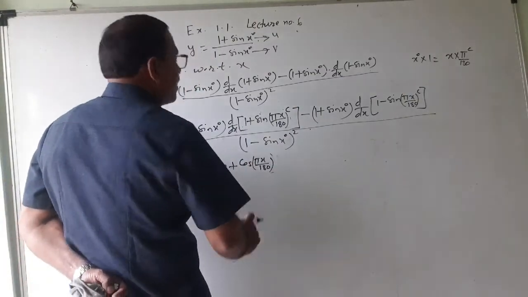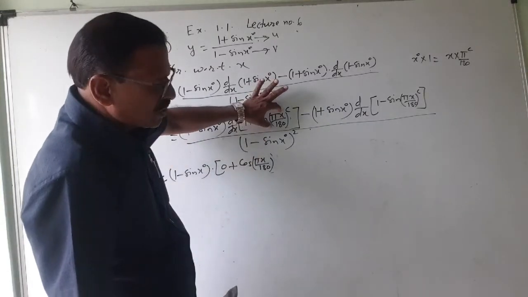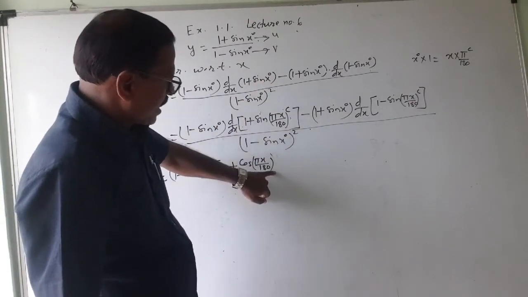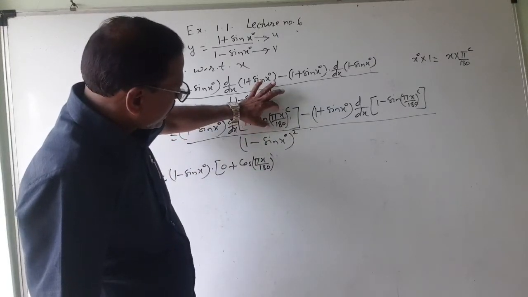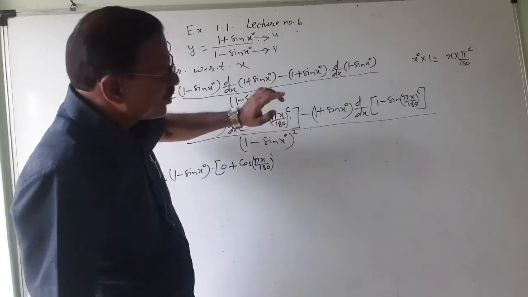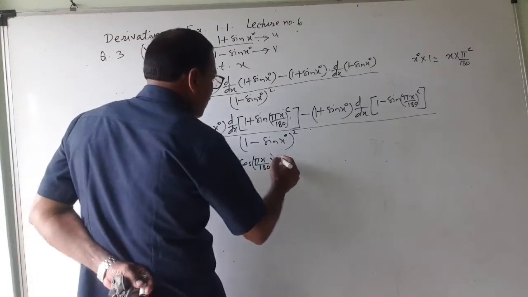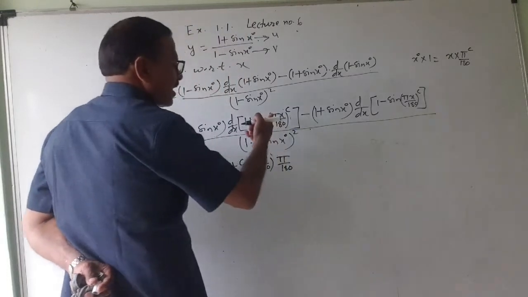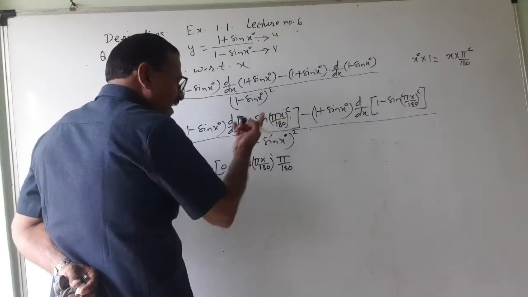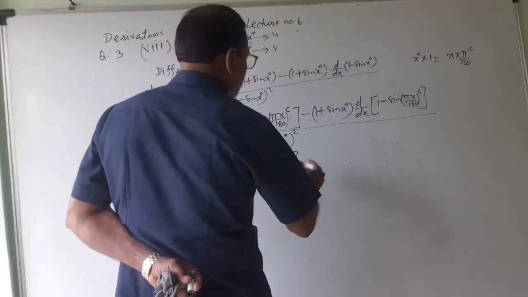Okay. Now I have to take the derivative of this much part also. Directly now I am writing. Now you have got habitual to this. Directly pi upon 180 into 1, pi upon 180 into 1 is how much? Pi upon 180. The derivative I have taken is only of x. This is the coefficient. Okay, this much part is over.